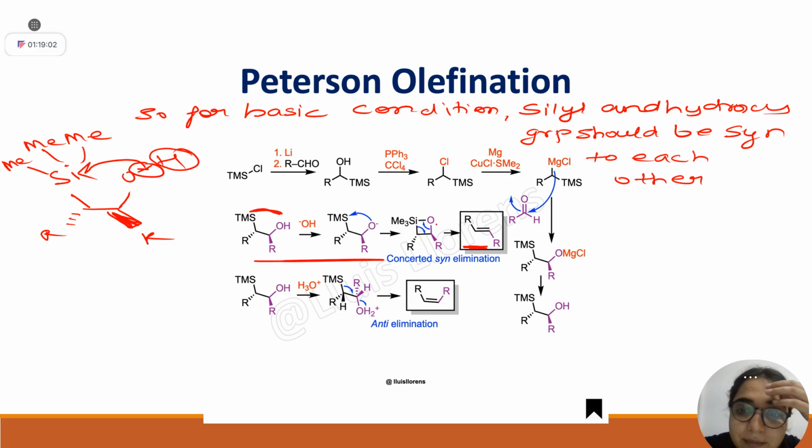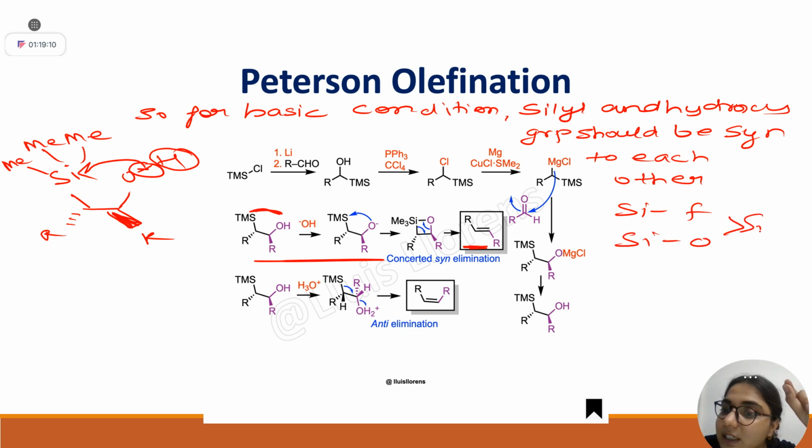Before that, let me tell you, silicon-oxygen and silicon-fluorine bonds are very stable, more stable than the silicon-carbon bond. So anything that will make these bonds is going to move my reaction in the forward direction. Consider it is going in this way, this carbon will bear positive charge, oxygen will be having negative charge. Is this clear, that oxygen will have negative charge here?